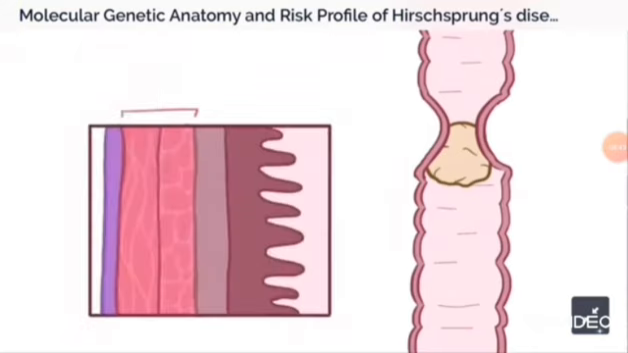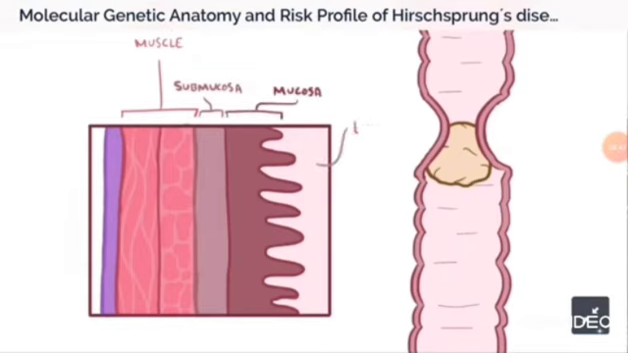In the gut, there's a layer of smooth muscle just under the submucosa, which sits under the mucosa, which is the innermost layer of the gut nearest to the lumen. On the other side of the smooth muscle layer is the serosa,